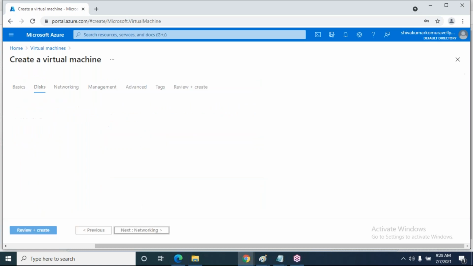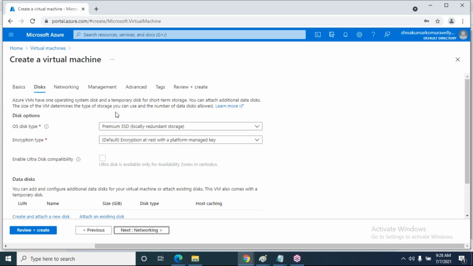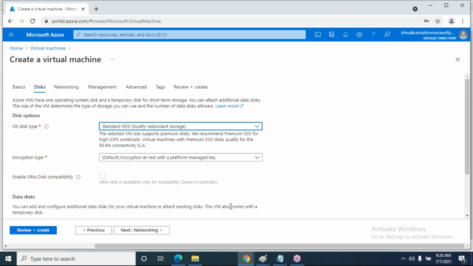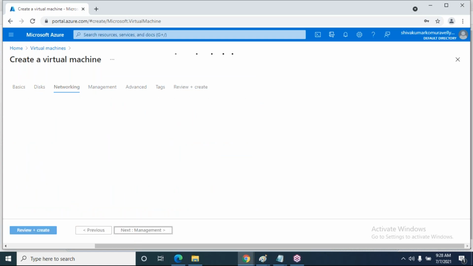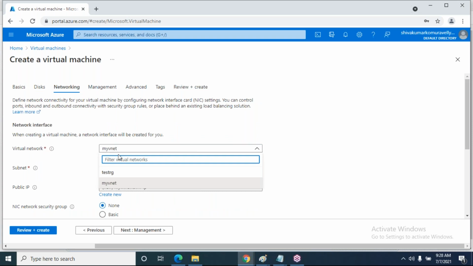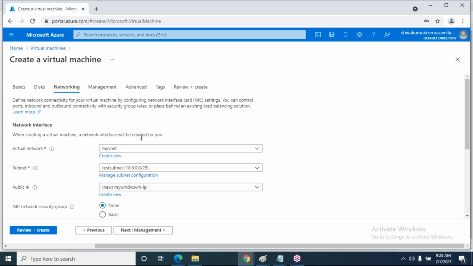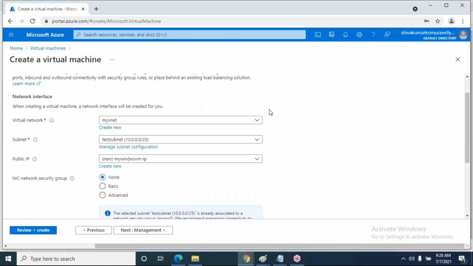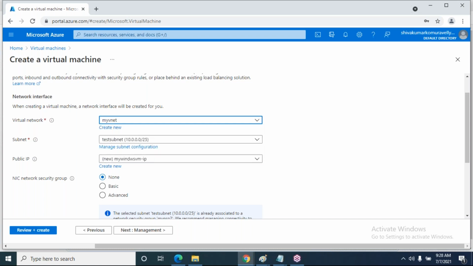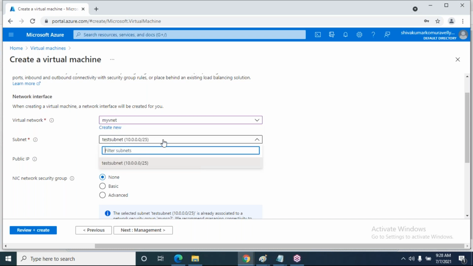Click on disks. We don't know anything about disks yet, so select HDD. Come to networking. We don't know anything about networking either, so select default networking, or my VNet. This is my default network, with these default subnets.